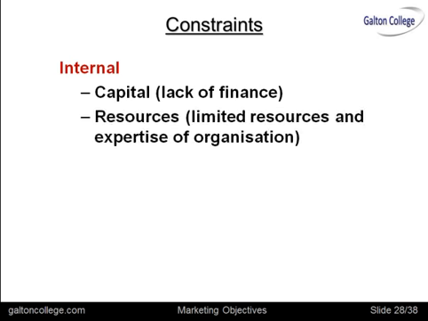Resources tend to be limited for all organisations, and it's important that there's an efficient plan sorted out to get to the objective as efficiently as possible. And also the market power, or the position. Now, it's an internal constraint, because the workers and managers within the organisation know what's happening, and if they know how important their business is, they know how big it is, they know what the competitors are doing, they know the size of the market, at least they have some inkling of it, they have some idea about it.